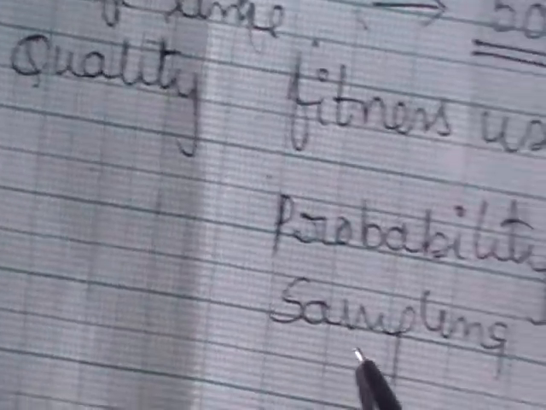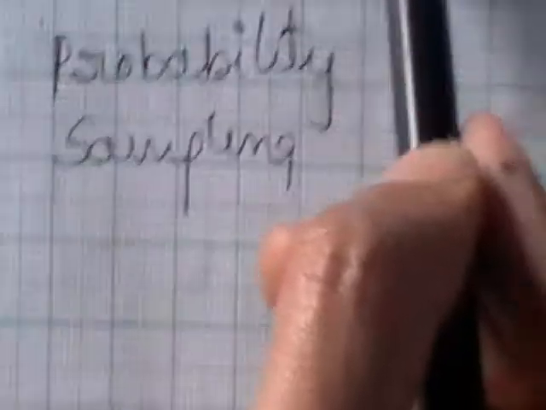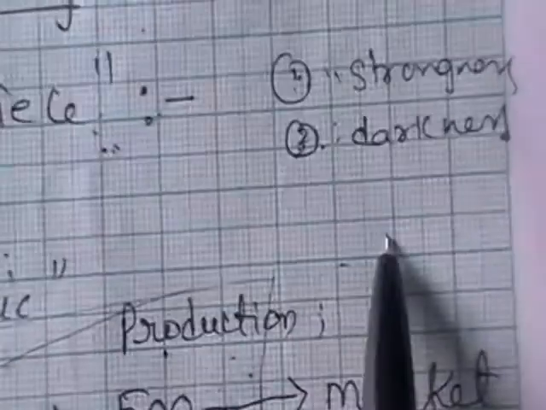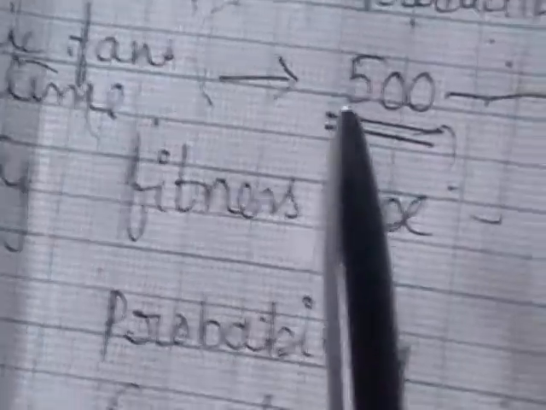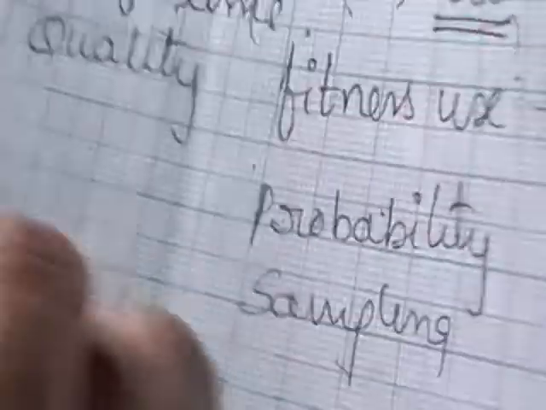So what do you mean by quality? Just now I told you that quality is not a variable, it is an attribute that indicates its fitness for use. Once these probability and sampling techniques are used, you are going to decide whether the process is under statistical control or not. If the process is under statistical control, the products are released to the market or the second phase. If it is out of statistical control, you are going to make changes to reach quality control.